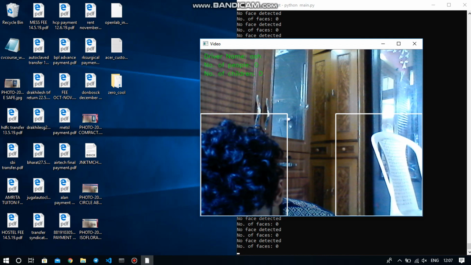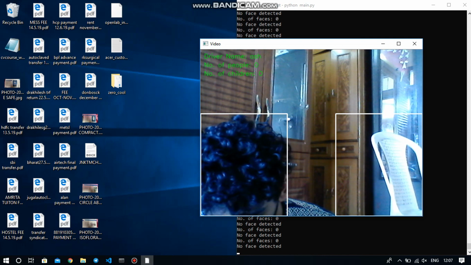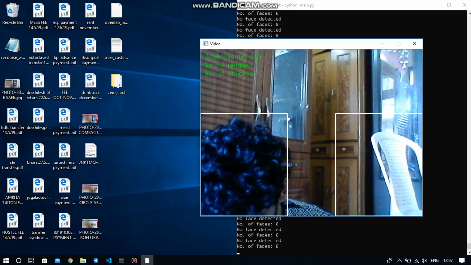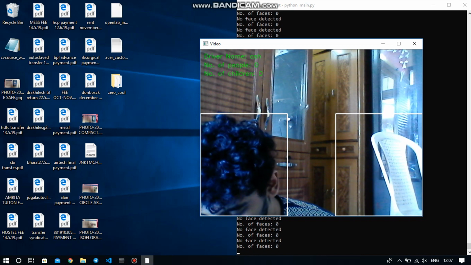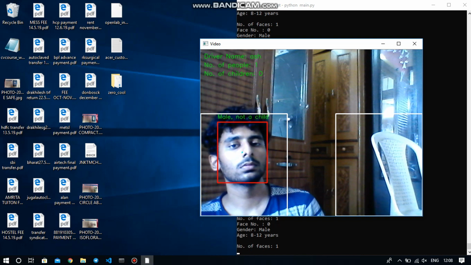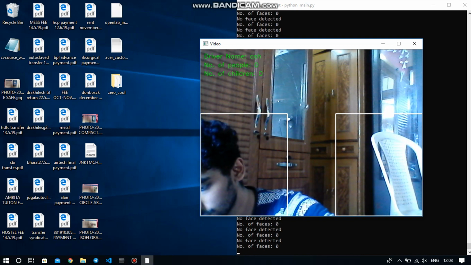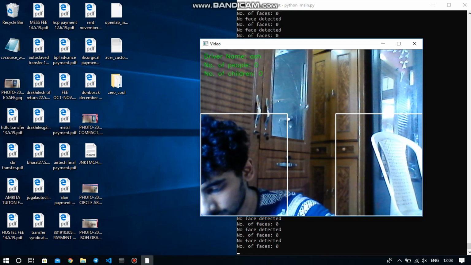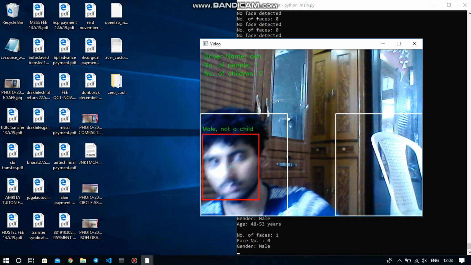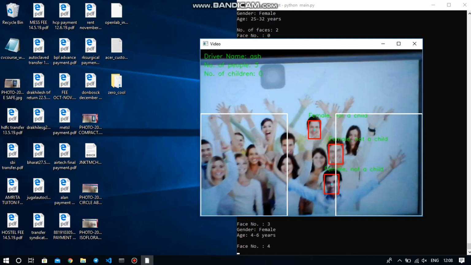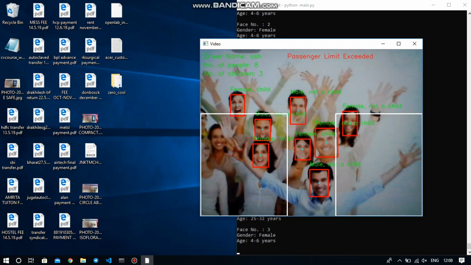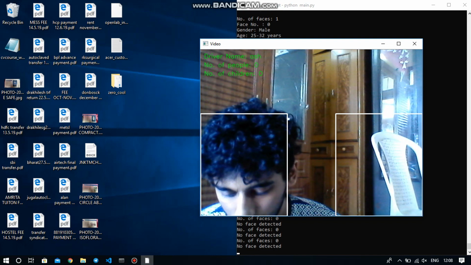The next thing is to test the driver with different accessories like spectacles and earphones. We are going to do that right now so that you can easily understand our system's stability in multiple scenarios. You can see that the system is performing quite well and in real time. There is no delay, and most importantly, the results are also obtained in real time in the background. Now I'm going to show a lot of people. I have a photograph with a lot of people, and the passenger limit is exceeded. All the males and females are identified properly, and we got an alert saying passenger limit exceeded. That's a very important point.